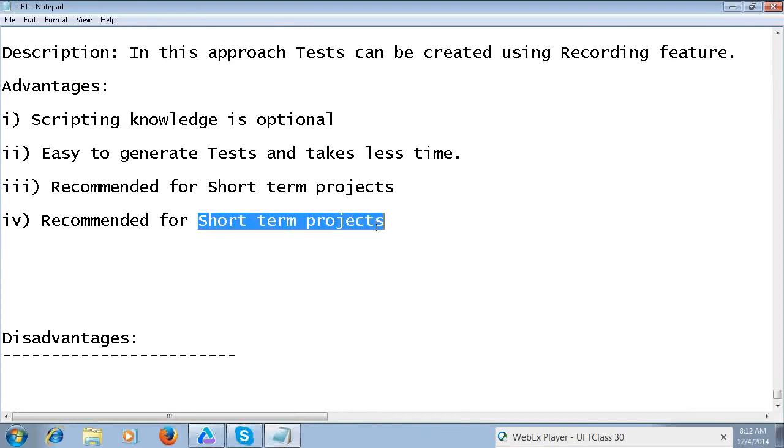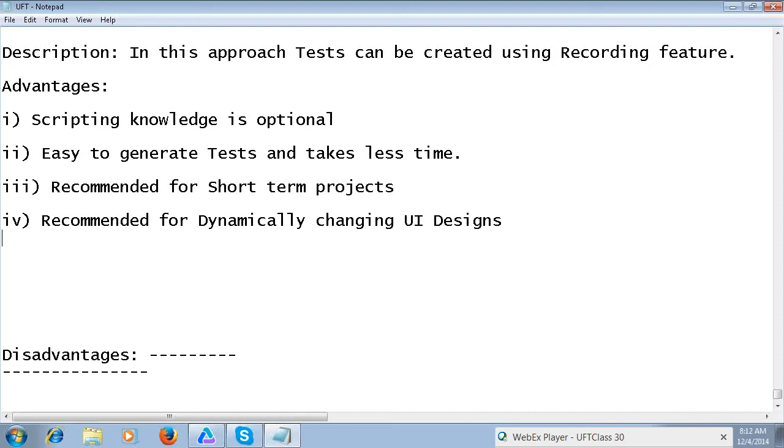Recommended for dynamically changing UI designs. When this type of situation happens, see, sometimes in product development,